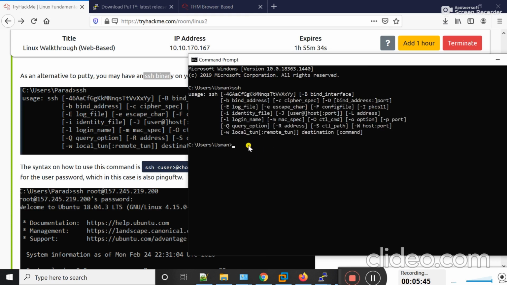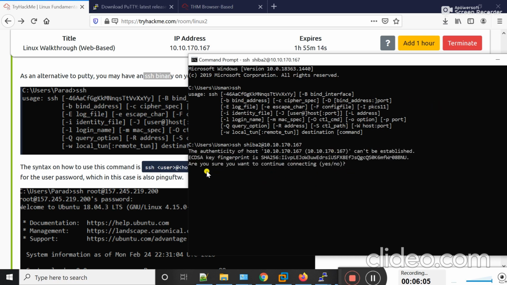Next I type ssh and the username, that is Sahiba2, at the rate of the IP address, that is 10.10.170.167, and press enter. Are you sure you want to continue? Yes, and press enter.